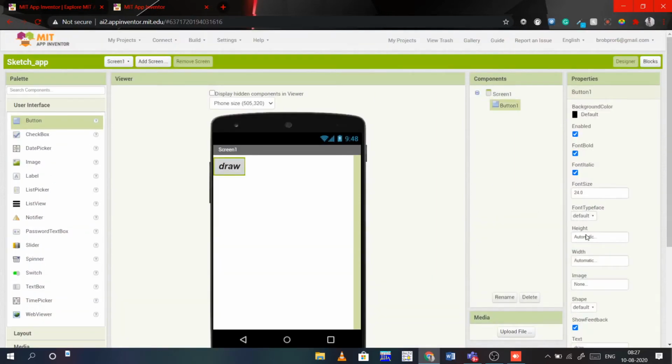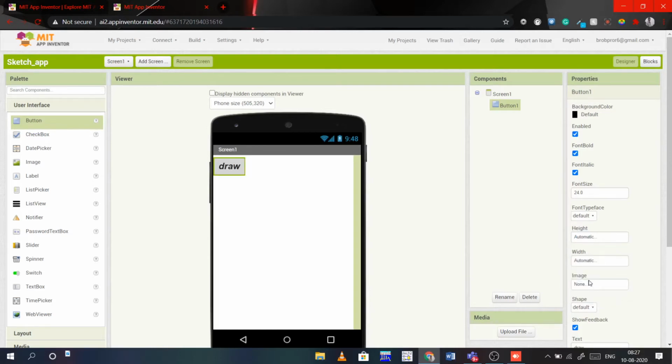If you want to change the height of the button, you can type pixels or the percentage of the screen you want to cover, the vertical height. If it is automatic, it will choose the default size. If it is fill parent, the height will cover the entire vertical height. If you use the width as fill parent, the entire screen width will be covered. This is one important thing for now.